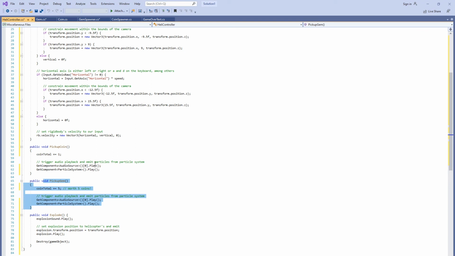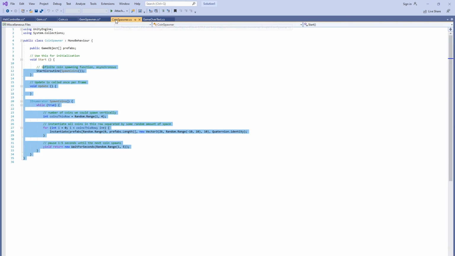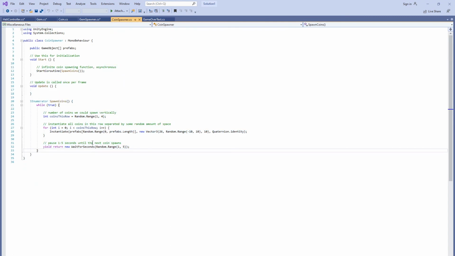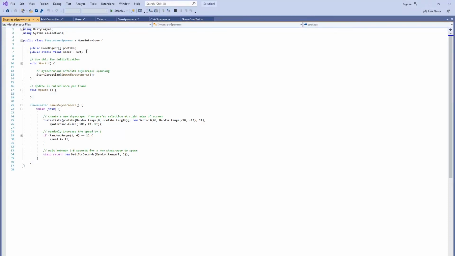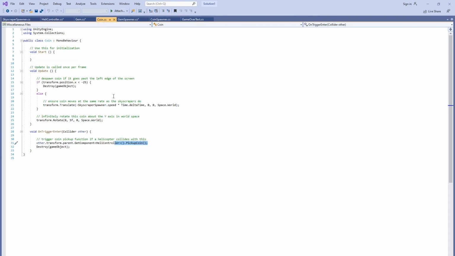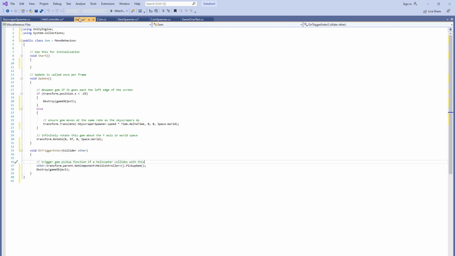And because we copied the code from the coin and the coin spawner, the requirement for destroying the gem is already done for us. So resetting the scrolling speed is the last requirement. The speed of everything lives in the skyscraper spawner class here. So let's open that. You can see here, as the gems and coins move down the screen, they're all based on the speed of the skyscraper spawner class right there. And you can see this is a coin, this is a gem,